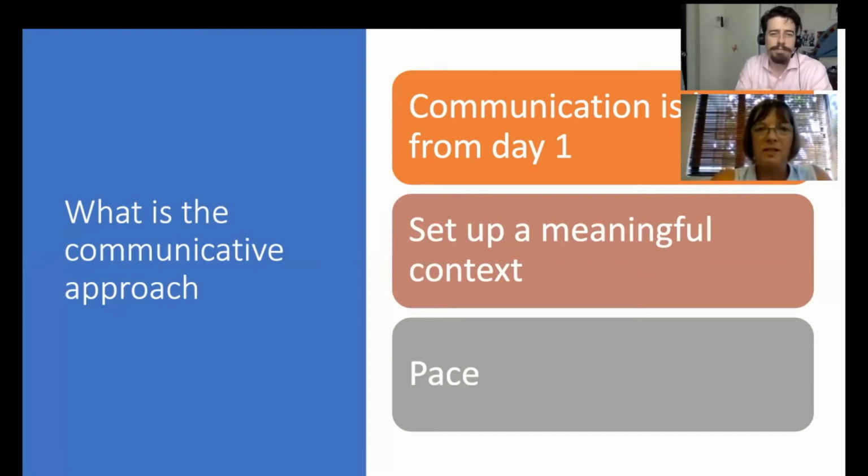And then we look at pace, to really make it meaningful and for it to sink in, to make the learning sticky. The students really need to come across these items, particularly if you're starting with vocabulary, at least 5 times for it to stick. That's why we were eliciting the vocabulary from the students, giving them time to think about it, creating the space for the learning to take place, and then you repeat it. You give them plenty of opportunity to hear the words, pronounce them, and repeat them together to give them confidence, and then you swap it around to make sure that it sticks.